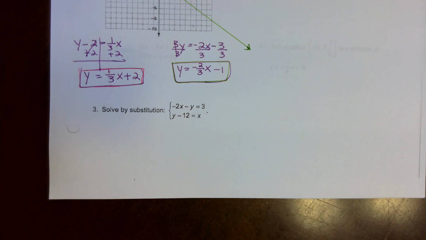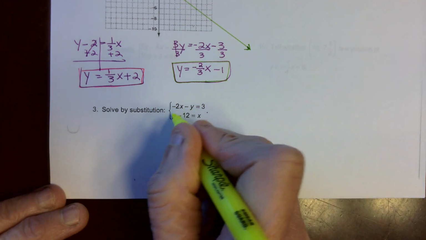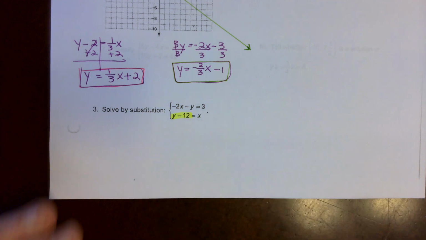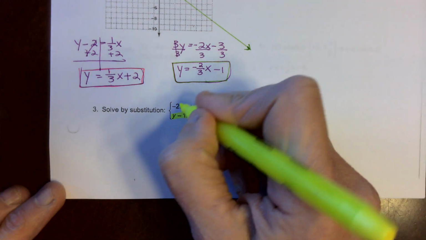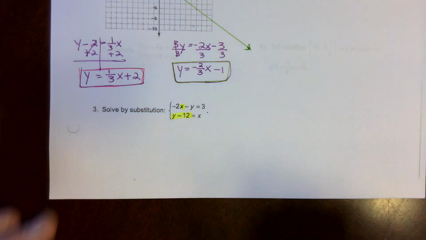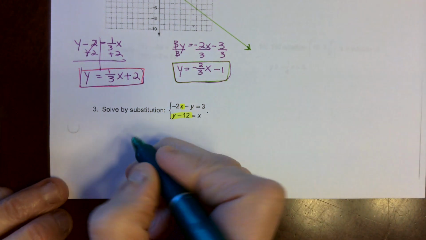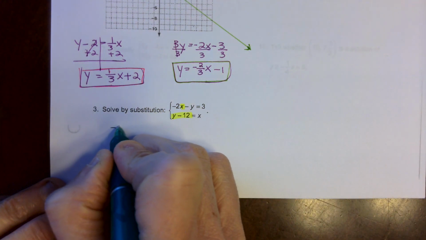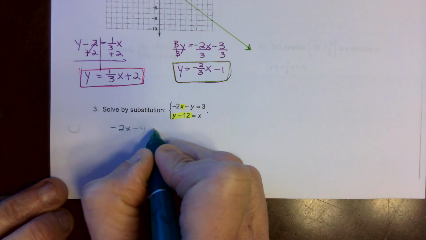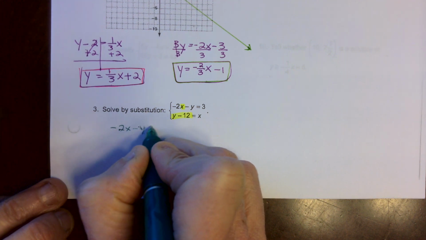We have this is x. So I'm going to go up here and replace my x right there with y minus 12. I'm just going to be careful to make sure I put that in parentheses. So I'm going to rewrite it and have -2x minus y equals,